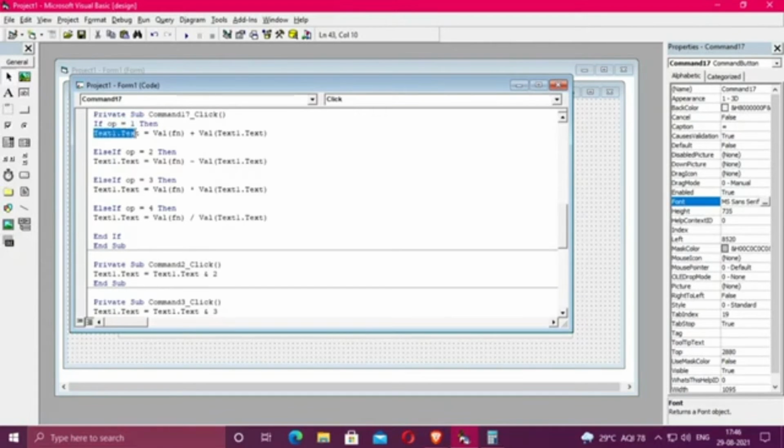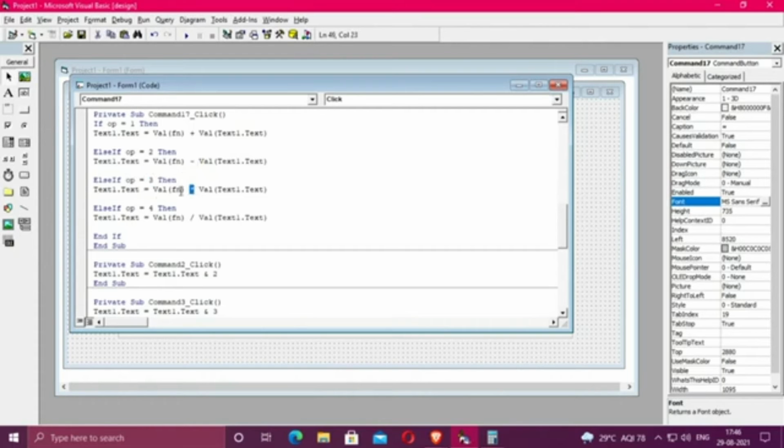If OP is equal to 1, you have to perform the addition operation. So what should be shown in the text box is fn's value plus the text box value. If it is 2, then it will perform minus. If it is 3, then it will perform multiplication. If it is 4, it will perform division.